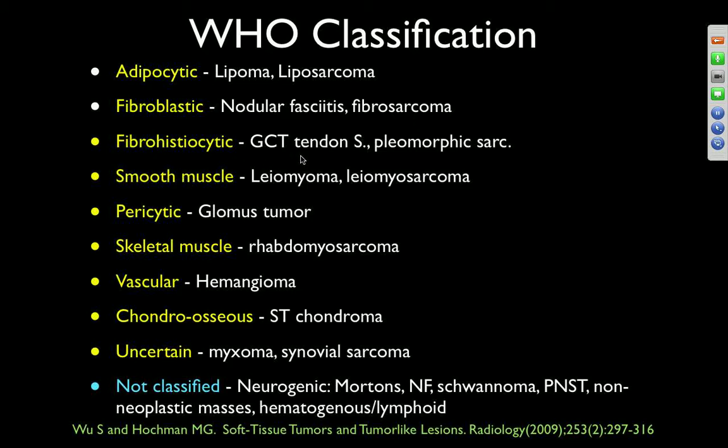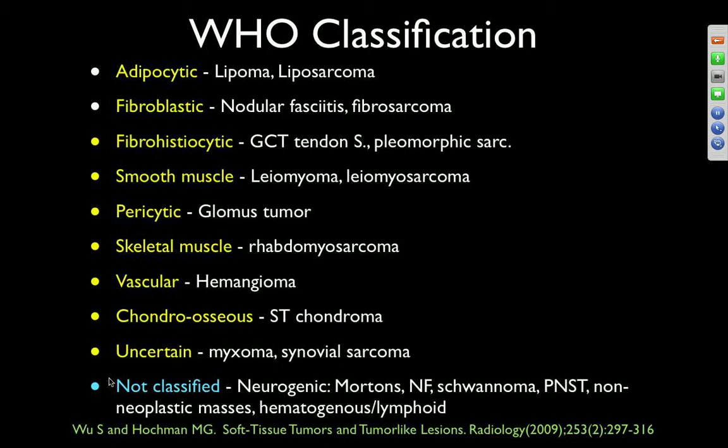Fibrohistiocytic or giant cell tumors of tendon sheath and pleomorphic sarcomas, smooth muscle, myoma, and leiomyosarcomas, perivascular such as glomus tumors, skeletal muscle, rhabdomyosarcomas, vascular hemangiomas, and chondro-osseous soft tissue chondromas, and then uncertain etiology are the myxomas and synovial